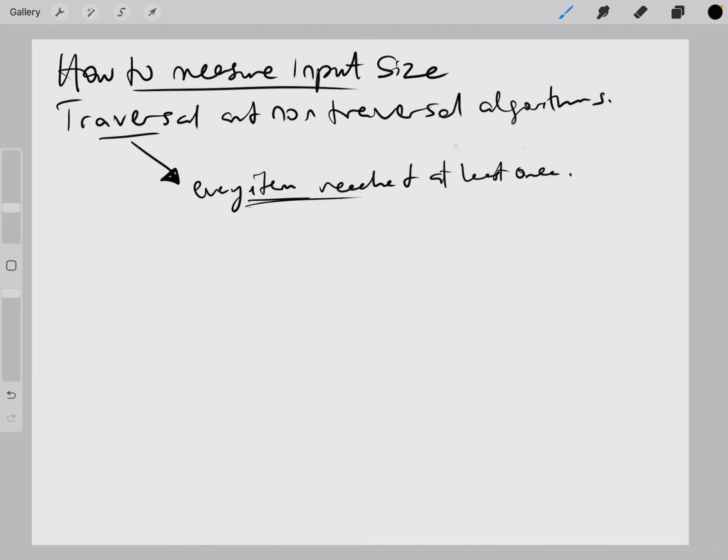For a non-traversal algorithm, not every item is going to be reached. In that case, we can have, let's say, a search for Zacchaeus ZBD. If Zacchaeus is first on the list, it's going to be immediate, and because of that, the input size is not very dependent on just the number of elements inside that input. So traversal and non-traversal algorithms are the ones that cover that. Moving on,